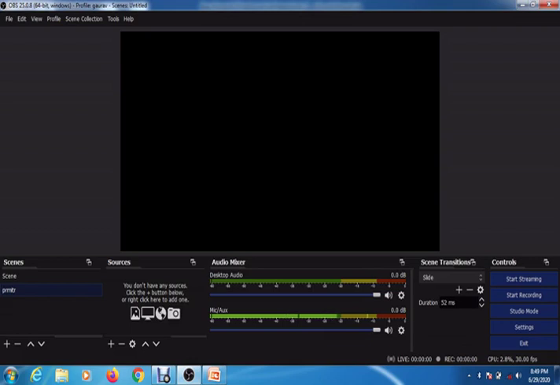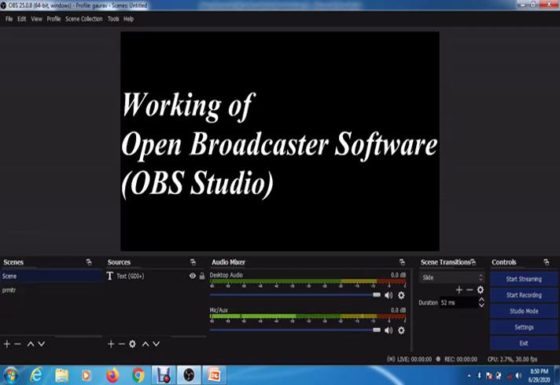Now in this scene you can see my own profile is created with the name PRMITR. If you are working on something, the main purpose of this particular scene is that if you have done some operations on the OBS Studio and want to save it as a project, it will be saved in the OBS files with the name PRMITR project. By default I will work in this scene itself.